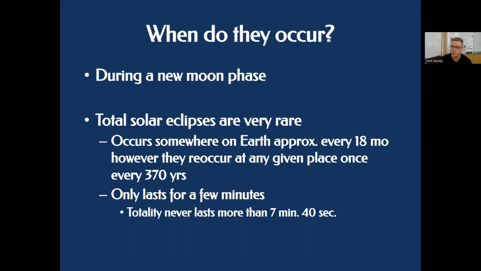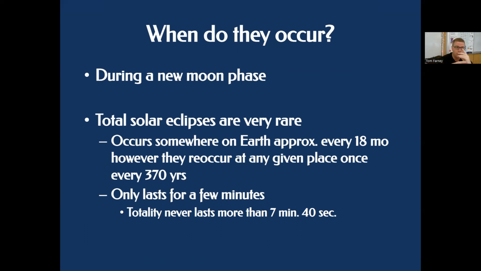So it's going to be a new moon phase when we're going to get solar eclipses. They're very rare, occurring somewhere on Earth approximately every 18 months. However, they recur at any given place once every 370 years. So if you have a total solar eclipse that passes over you, it's going to be about 370 years before